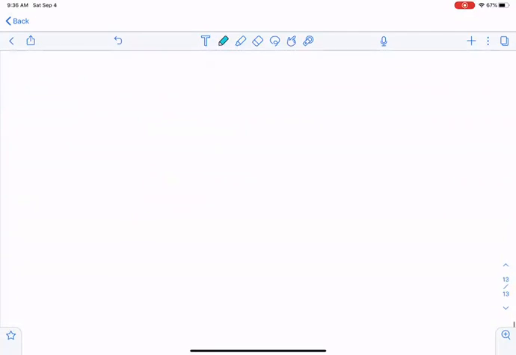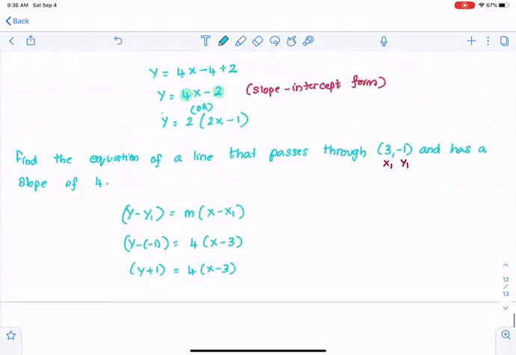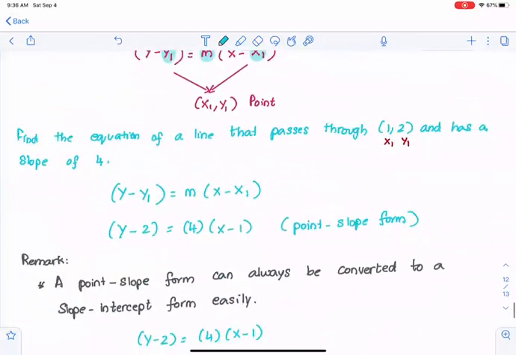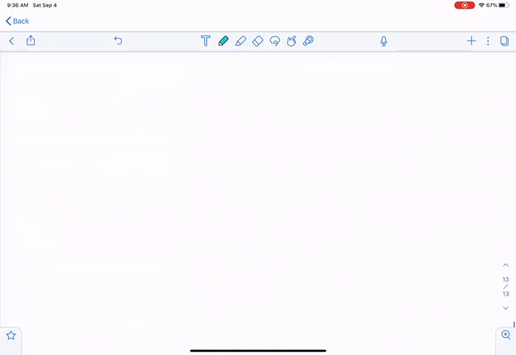Going to do a slightly different problem where we want to find the point slope form, but this time we're going to address case 2, where we have 2 points, but we want to write it in the point slope form. As I mentioned earlier, I always like to start with the point slope form because I can change the point slope form to a slope intercept form at any given time. So